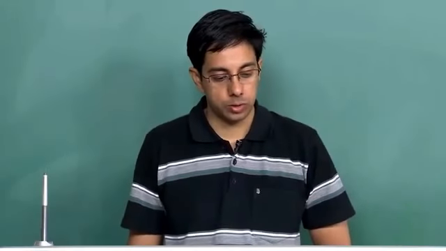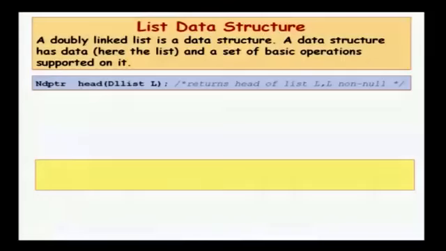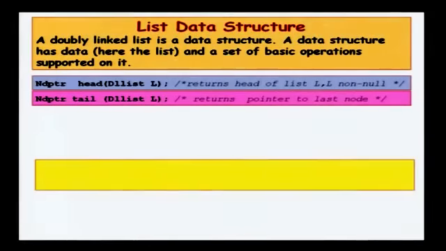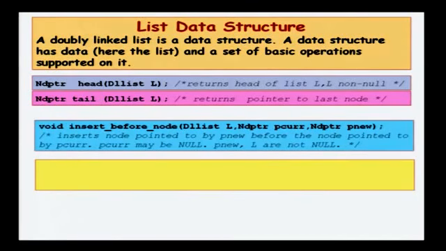So, node pointer head. This is a function that should return the head of the list. Similarly, node pointer tail, this should return the tail of the list. Insert before, so this is like the insert before node in the case of a simply linked list. So, here we are given a current node and we have to insert before the current node in the doubly